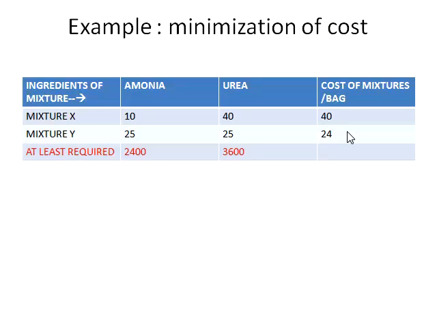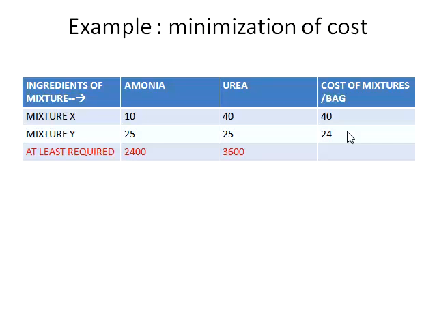Here the constraints are the ammonia requirement and urea requirement and the percentage of each of these ingredients in the bag. So given the problem, you can say that given limited resources, you need to find out the best possible combination of bags X and Y to minimize the cost. I am not solving this problem here because the idea is to give you a sense about the meaning of linear programming. Now we will take one step further and find out how it started.